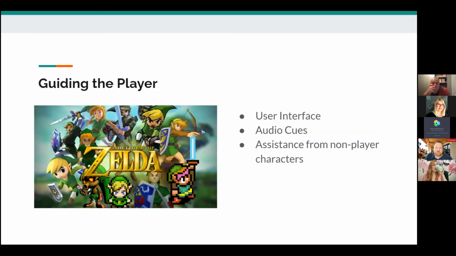I'm going to give some examples of this using games from the Legend of Zelda series, one of my favorite series of games, where, like a lot of other games, it uses user interface, audio cues, and non-player characters, all to help direct the player's attention.